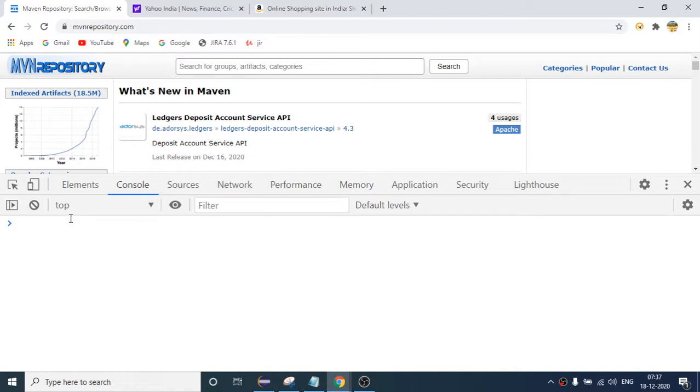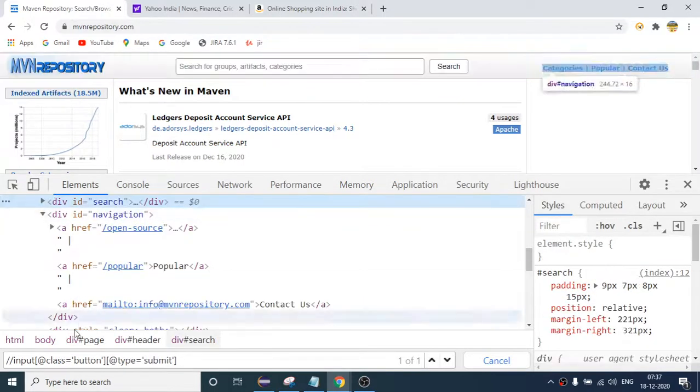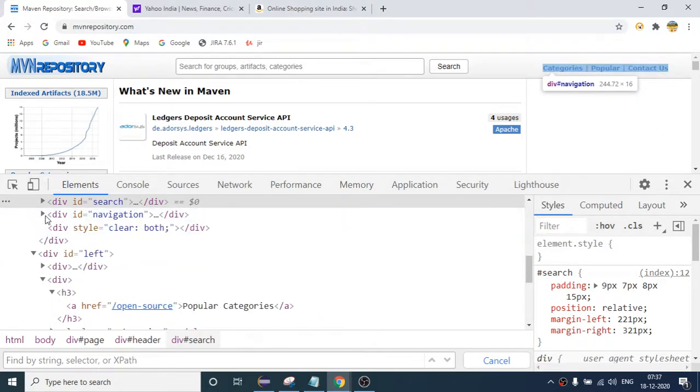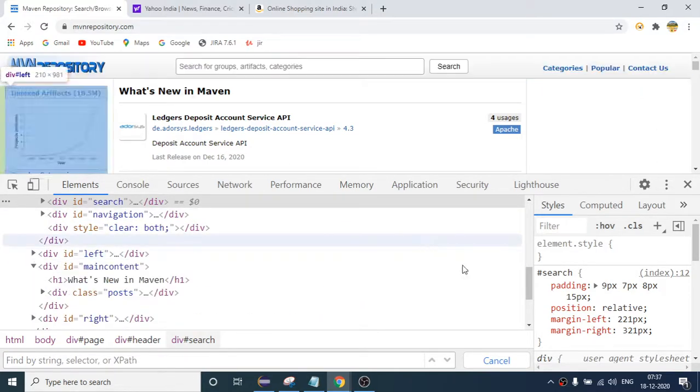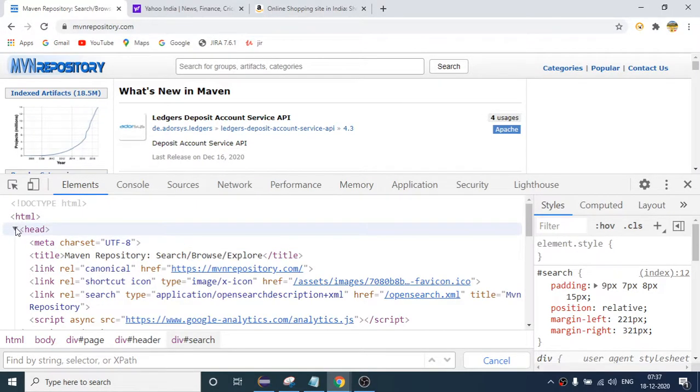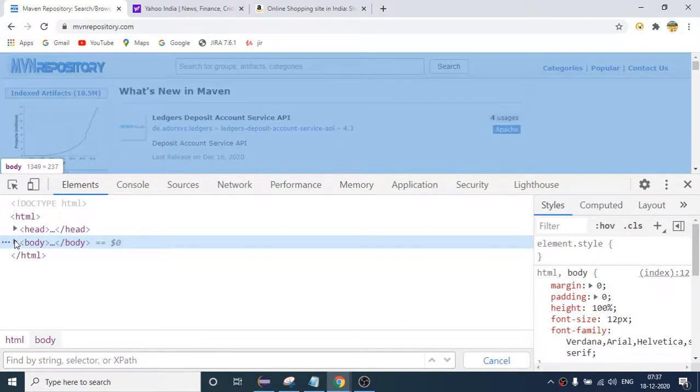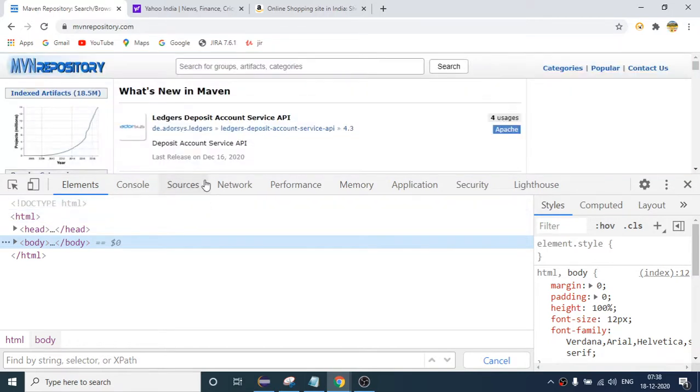So if I come to this website, I can write here only, Control L. So first let me show this. If I minimize all these, you can see this is the root HTML, right? Inside that HTML tag, it is starting from here and ending here. Inside that, all your web page code is present, right? So this is the root HTML. So absolute XPath is always going to start from this root HTML tag, right?